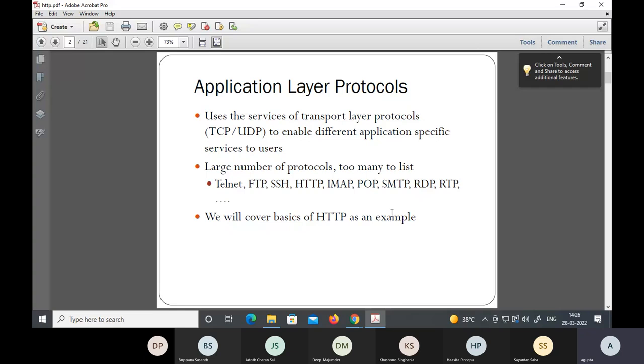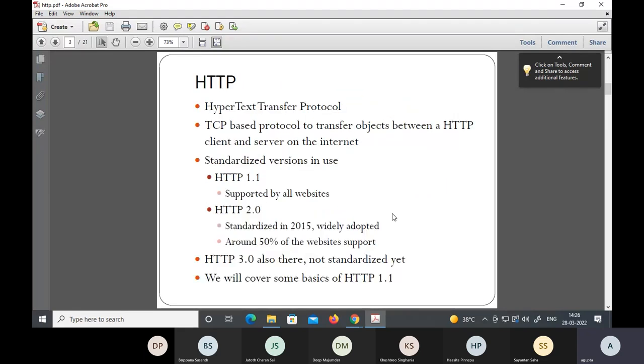Then you have remote desktop protocol, real-time protocol, n number of protocols basically. So we'll just cover basics of HTTP just as an example. It's hypertext transfer protocol. You all know that. It's a TCP-based protocol. So there was originally HTTP 0.9, then there was 1.0. Both of them are obsolete right now. Nobody uses them. So 1.1 came, I think, in